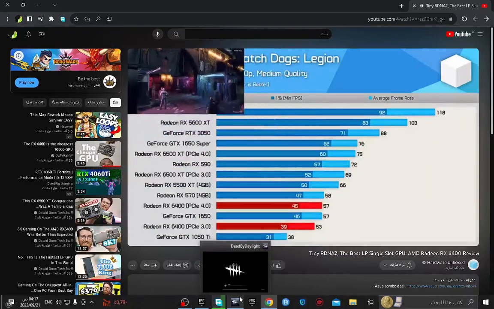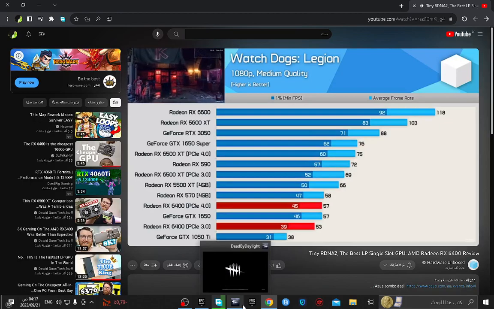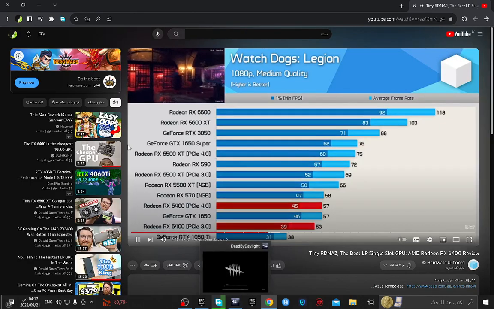Watch Dogs Legion was tested using the medium quality settings, and here we were unable to achieve 60 FPS, but the game was at least playable. Using PCIe 4.0, we're once